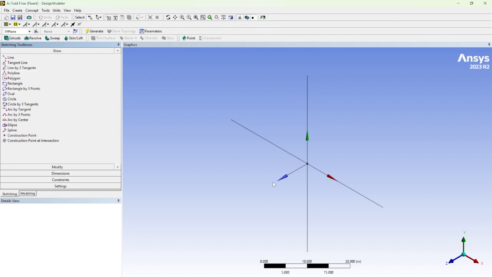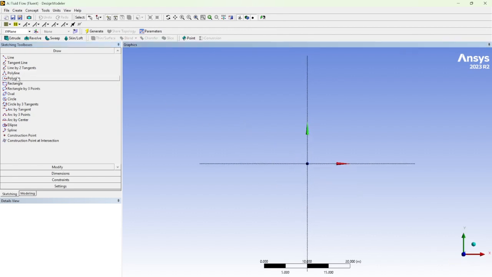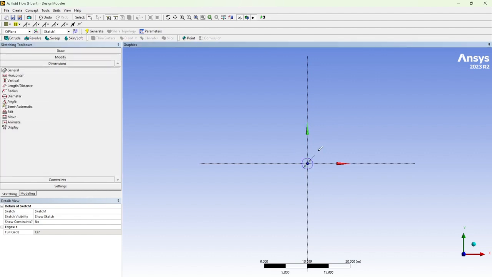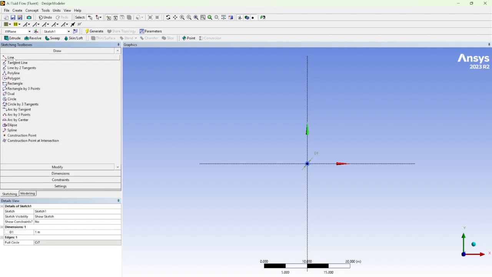by sketching a circle here. We can make the diameter for that 1 meter, since we're working with SI units. And then we're going to make a square going around